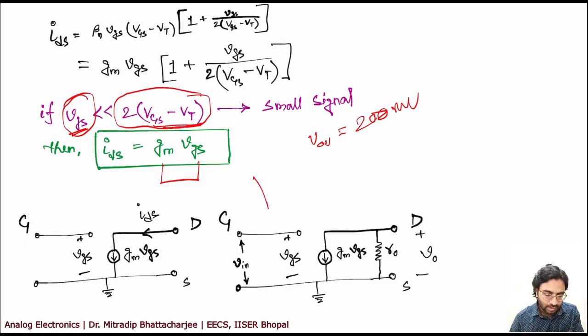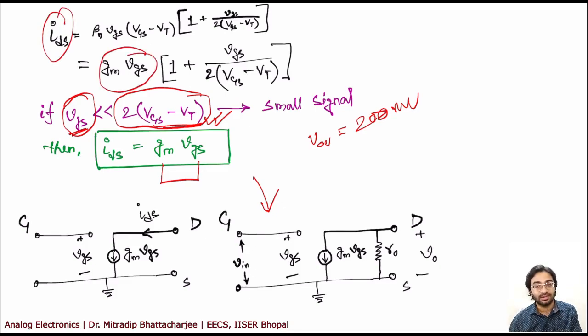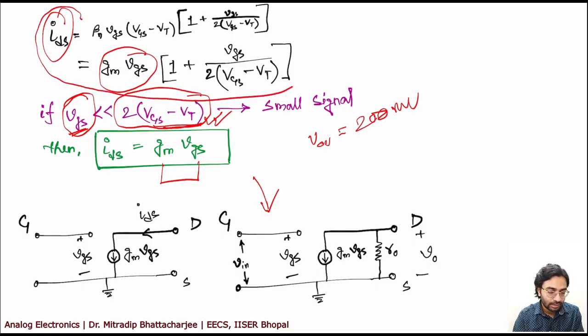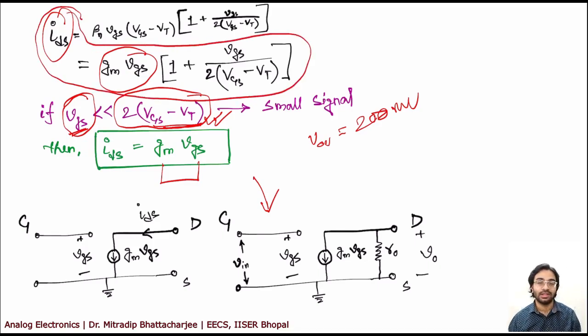Okay, then the equivalent circuits are shown, and here I would like to say another thing. I said that we want IDS to be in the form of GM VGS in case of small signal analysis. If you see the entire equation, this is non-linear, right? It's not a linear equation, it's a non-linear equation. Another purpose of neglecting this term is to make the equation linear. In fact, both the things are same. If I say I want IDS equal to GM VGS in this form, that is y equal to mx plus c. And here also we are doing this by neglecting this term. So this is our purpose.